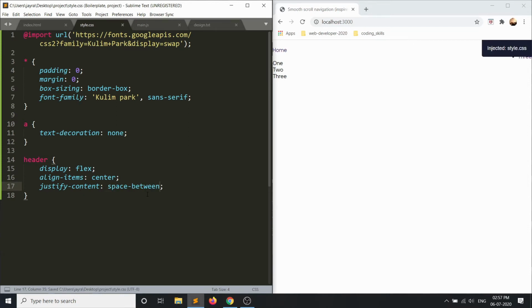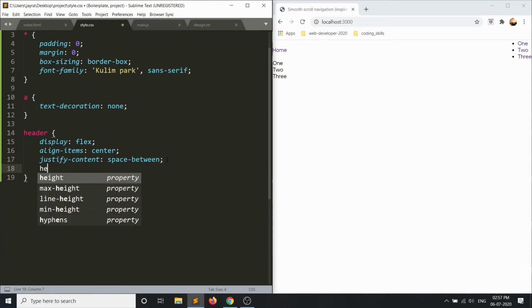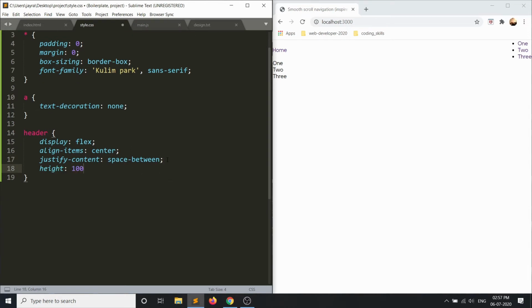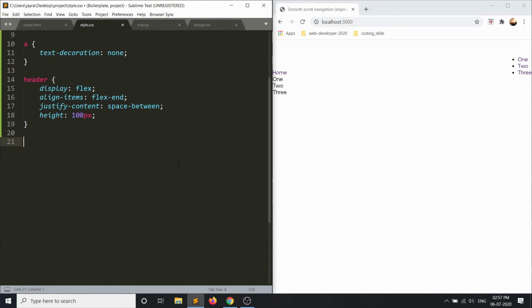Okay, now we can't see the list part, right, because of the live server running. So for that let's make height of our header 100 pixel, and let's push our header elements to the flex end. Okay, yeah, we also don't want our list to look like this, so for that we can just say